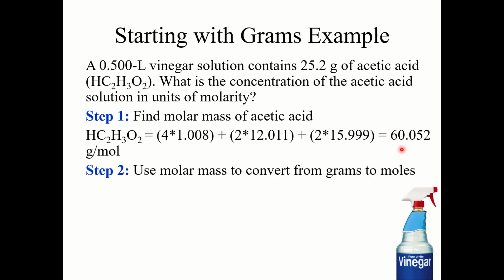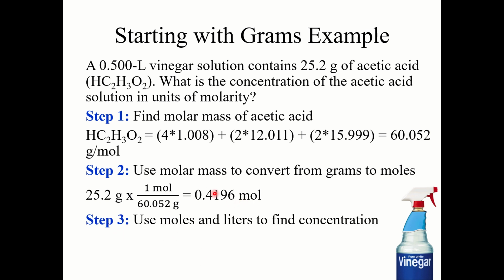Step 2, we're going to use that molar mass and the mass given to find moles acetic acid. So 25.2 grams times 1 mole over 60.052 grams. This gives 0.4196 moles acetic acid. Final step to the problem, use that mole value plus the volume in liters given to you